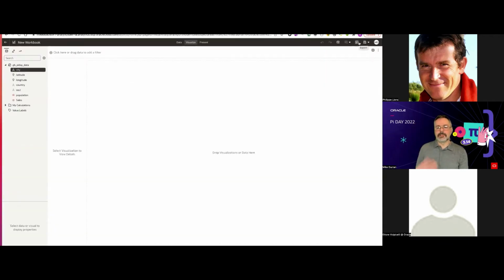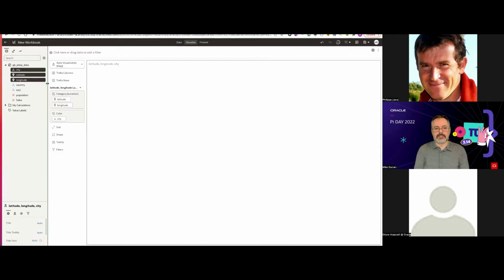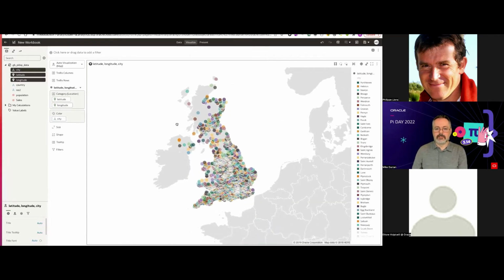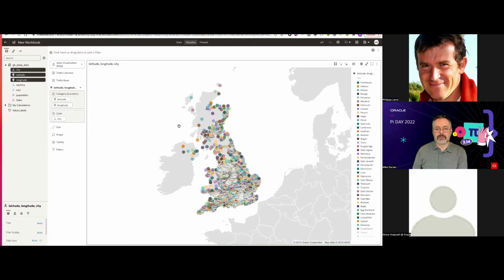All right, so now we're in the Oracle Analytics Visualize tab. And here we have a blank canvas where we can start to create the visualizations that we're going to use within our mobile application. So the easiest thing to do is to make a choice of city, latitude, and longitude. And then if I say create best visualization, it will understand that the data is geospatial, and it will give me a map of the UK,